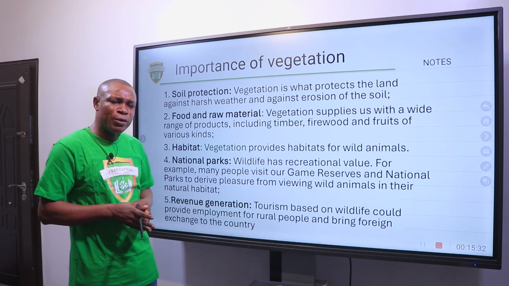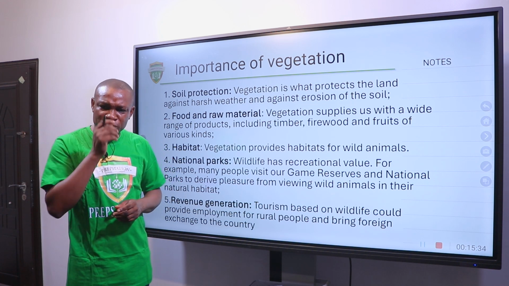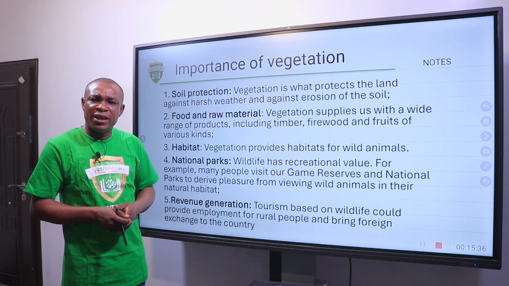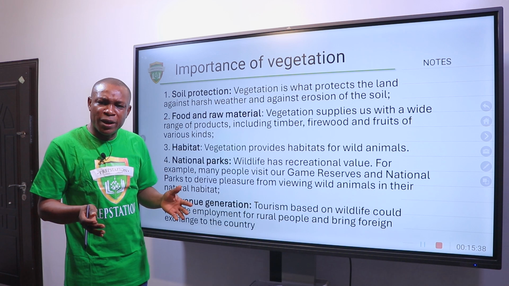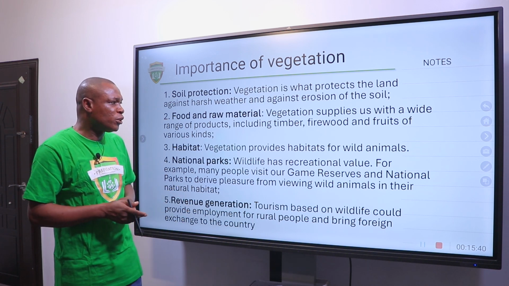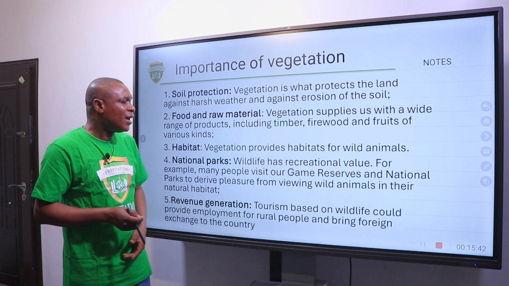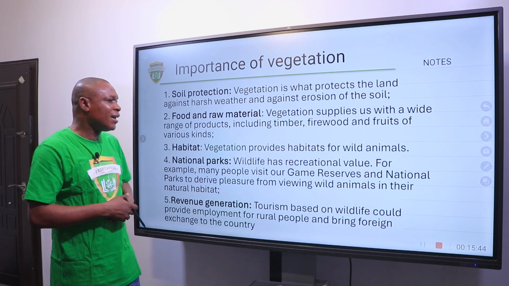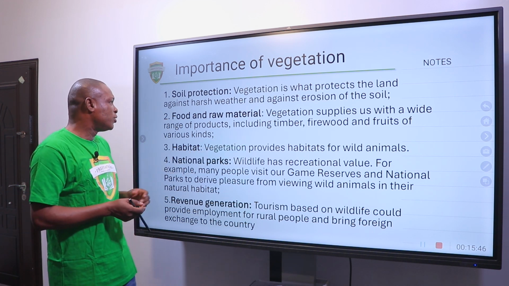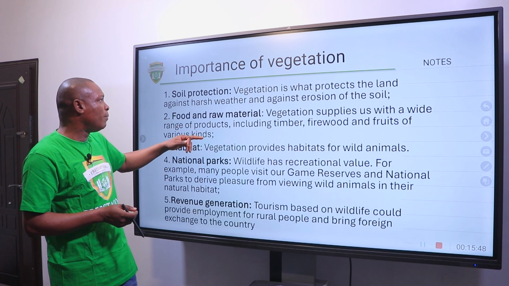Also, the timber from the forest can be used to make furniture. It can be used to make wood needed for construction. The firewood, as well as the fruits that we can take from this forest, constitute the food and raw material